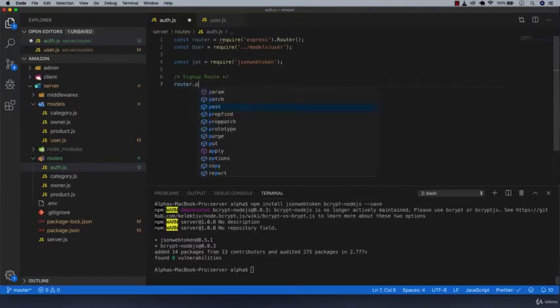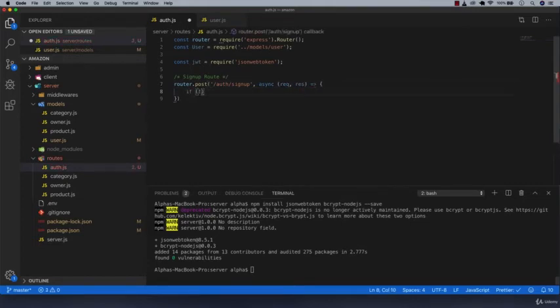and then router.post because we are posting to the server from the client later on, and then auth signup, and then an async request and response error function if request.body.email or not request.body.password. So what it's saying is if request.body email is empty or password is empty,